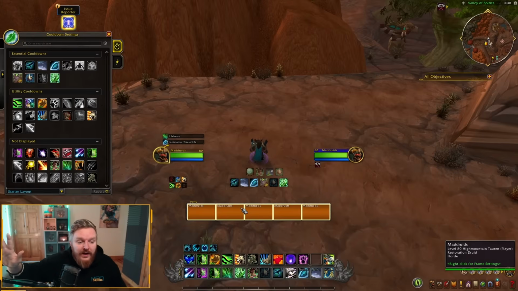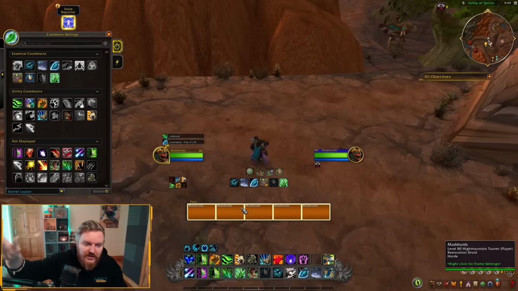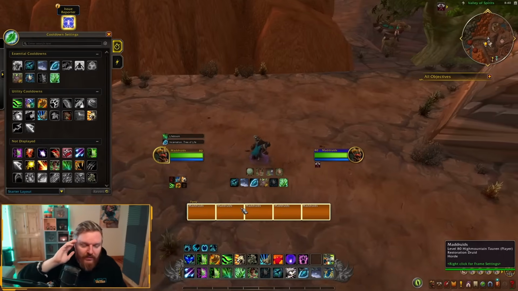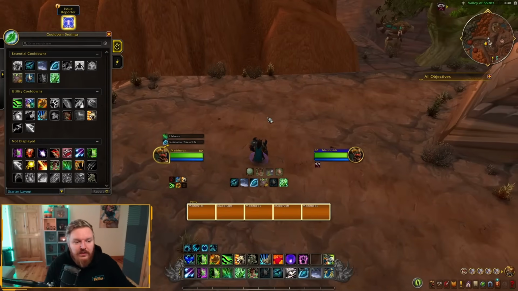Now, I'm fully aware there's going to be a lot of players who have been using raid frames for a long time and they're good for them. If you're not playing Resto Druid, or some healer that needs to track a lot of things, you're probably fine. If you're playing Resto Shaman, you only have to track a couple of things. I'm just saying that the customization should be added.